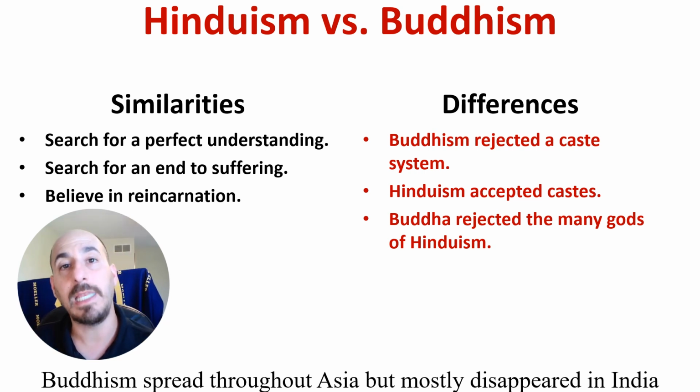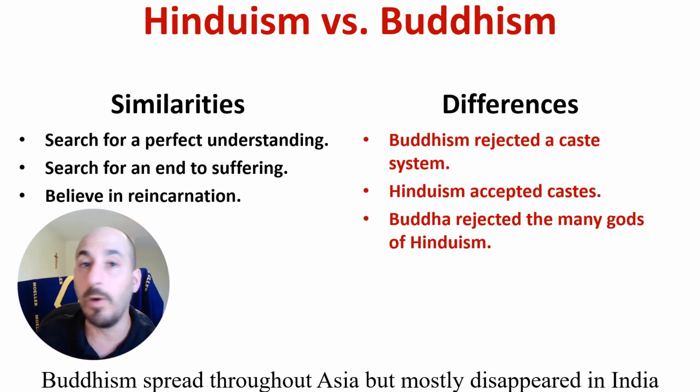Well, what happens in India? The caste system stays, so Buddhism gets removed. Buddhism is pushed out of India, even though it's really its culture of origin. It gets pushed out, ends up going into Asia proper, into Southeast Asia. You see it spreading into China and Japan. It moves because